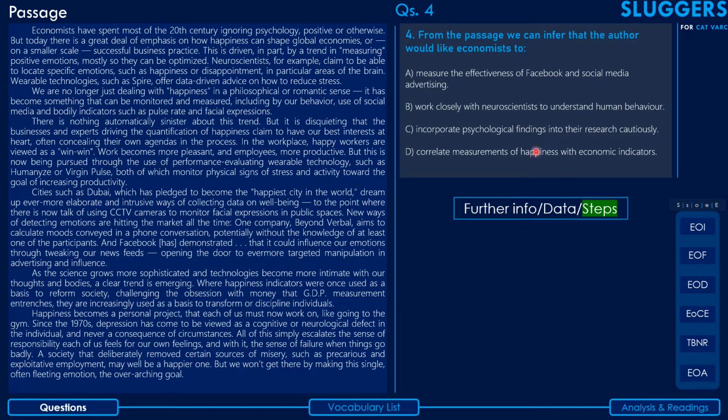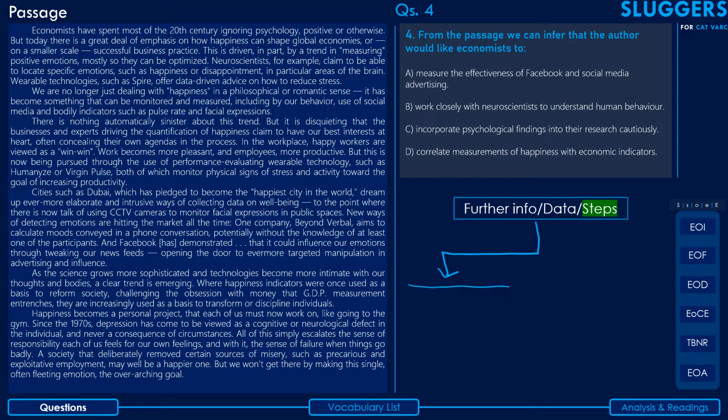Okay, so these are questions where you're basically supposed to guess at the logical continuation of the passage in terms of further info, data that the author might require, or steps that he might want to have taken to address some issue. Now, there is a very simple framework that you can follow to select or eliminate options for such questions. Okay, and the option that will be correct, that will fit with the question stem, will be one which either